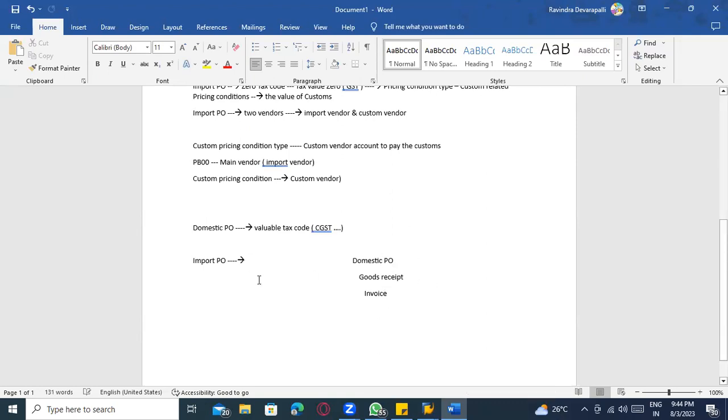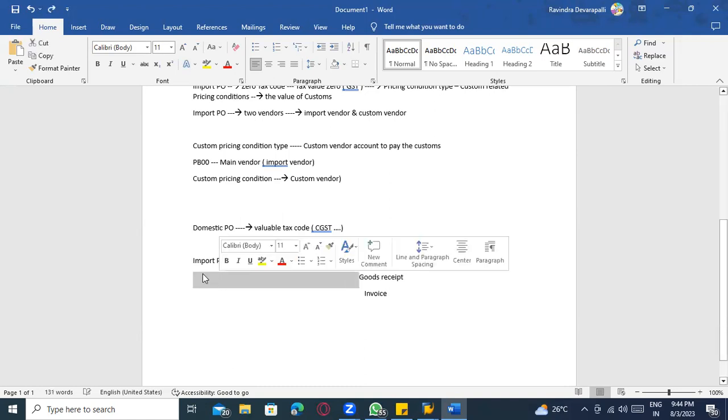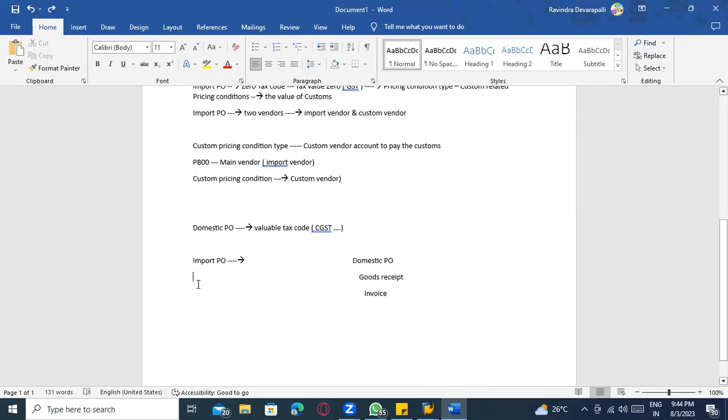But if I go to the import procedure, what will happen? After you create the PO and get the confirmation from the vendor, he sends the goods. They are at your country border. You need to pick the stock and arrange transportation and everything.